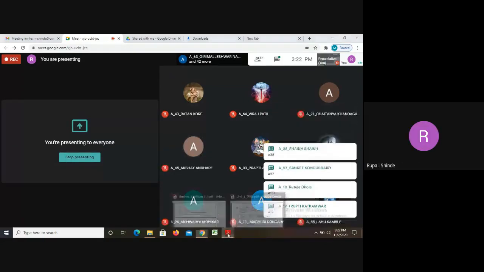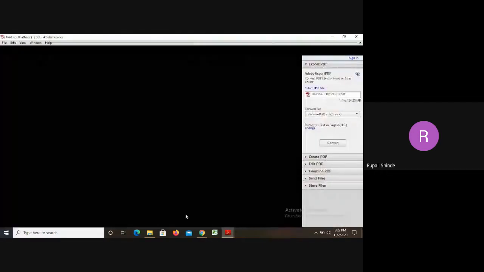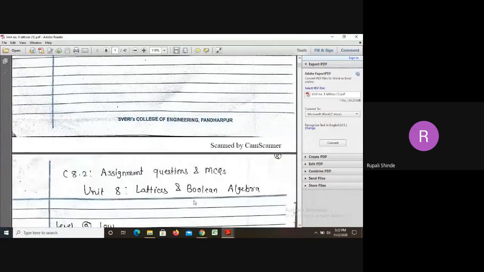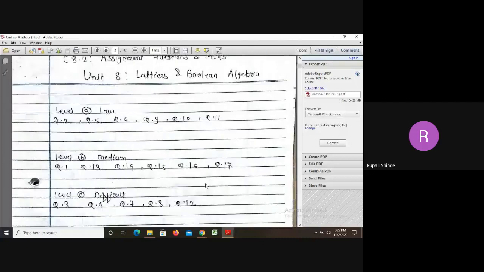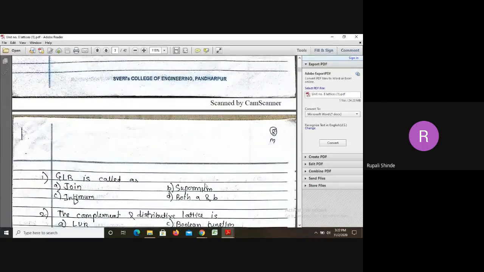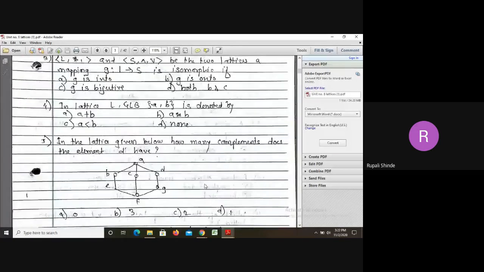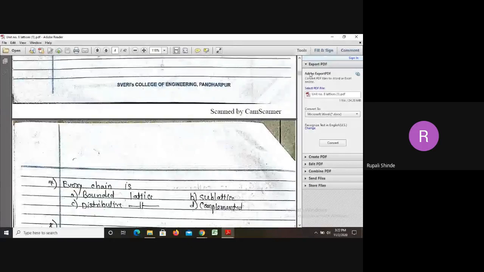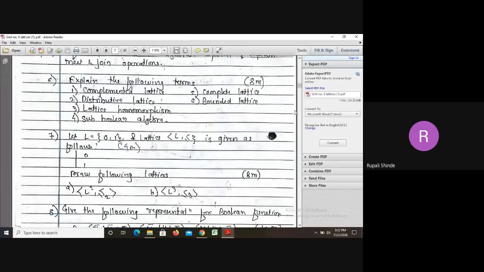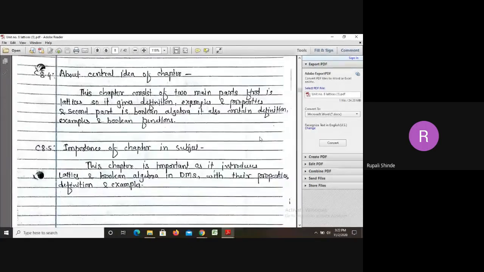Okay. So today, first of all, we will cover unit number 8. Just one point is remaining, and that is the definition of Boolean function. So it will not take much time. Just the definition is there, and they have never asked any question regarding Boolean function. So we will just see that definition.